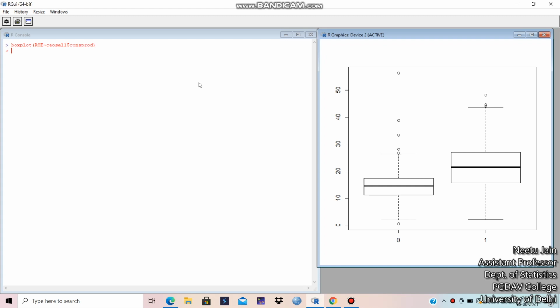Right, now we are moving to the probability distribution functions. First of all, I'll discuss some discrete probability distributions. First of all, binomial distribution. The probability mass function of binomial distribution is nCx, p raised to the power x, 1 minus p raised to the power n minus x, where n is the number of trials, x is the number of successes, p is the probability of success.